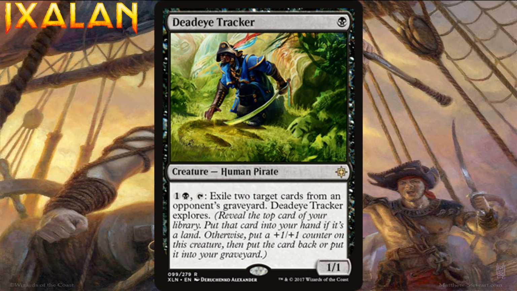You put that card into your hand if it's a land, but if it's not a land, you put a +1/+1 counter on the creature, then put the card into your graveyard or on top of your library. I like Explore a lot, which you may have gathered from my other videos. I think it's a great mechanic just in terms of how interesting it'll make gameplay, but I also think it is a strong mechanic because Explore basically lets you scry, sort of, if you hit a non-land,